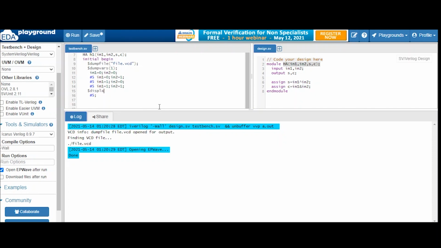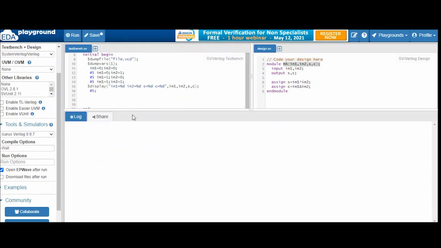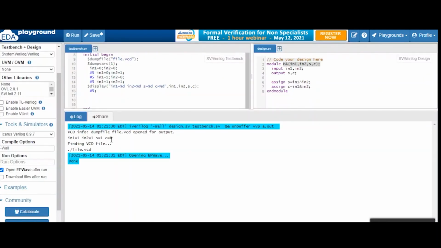I will give a sample: $display, write in1 equal to %d, in2 equal to %d, sum equal to %d, carry equal to %d.